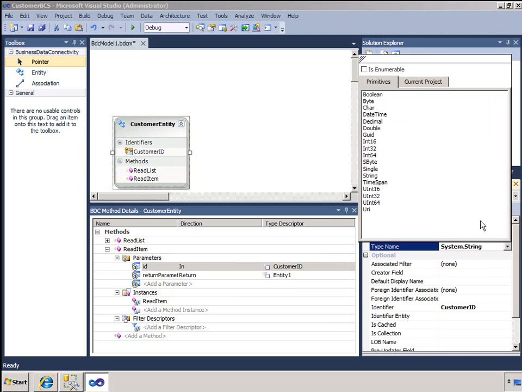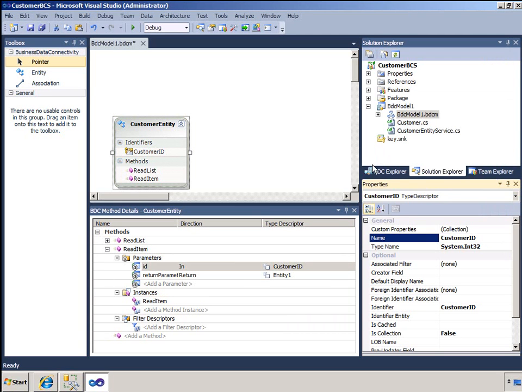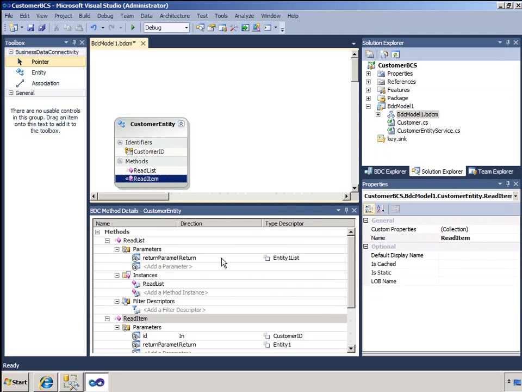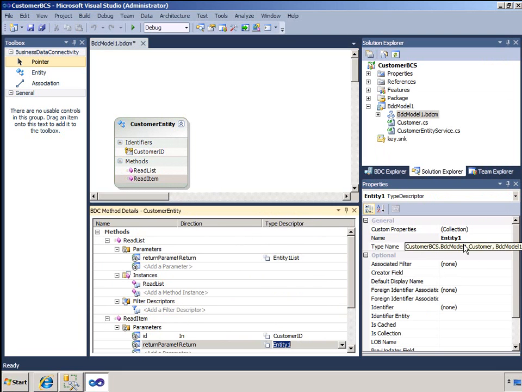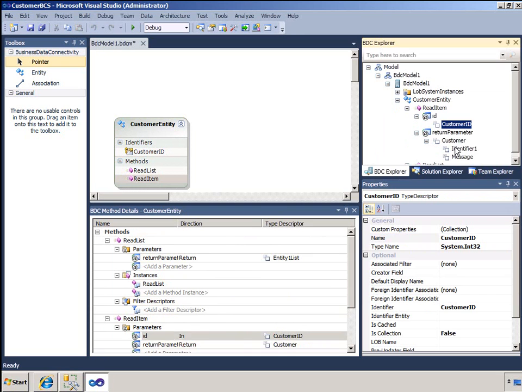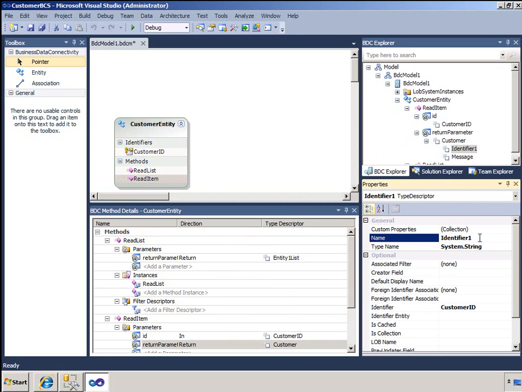We'll also work with the return parameter. It's currently set to entity 1, but we'll edit that and we'll first of all rename the entity to customer, so the specific finder will retrieve an instance of a customer for us. We should then set up its type descriptors, so we'll rename customer ID to identifier 1 and set its type